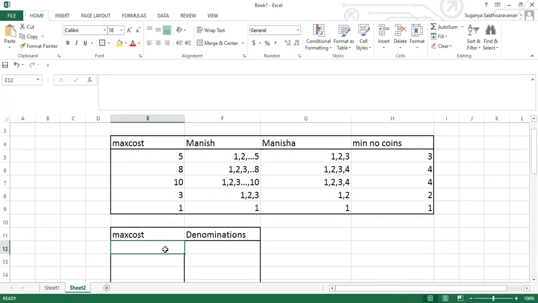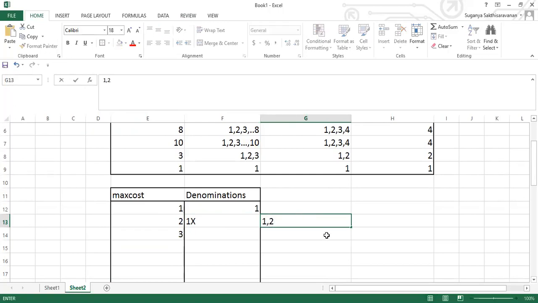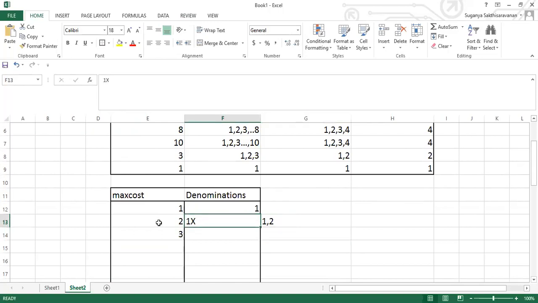So look here. If you take a 1 rupee coin, it is required, right? If you take 2 rupees, I can have 1 rupee also. 1 rupee gives you 1 rupee, as well as 2 rupees. When you go for 3 rupees, at this place I have 2 options, right? Either I can place 1 rupee or I can place 2 rupees. So here 2 coin is allowed in this denomination. For the maximum cost too, either I can place 1 rupee or 2 rupees.